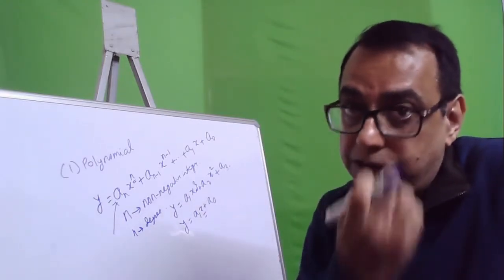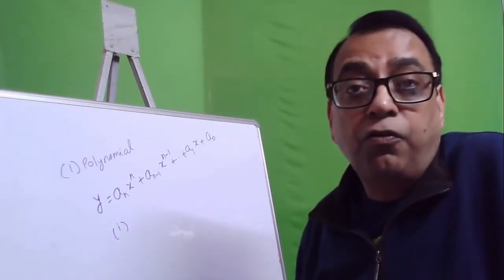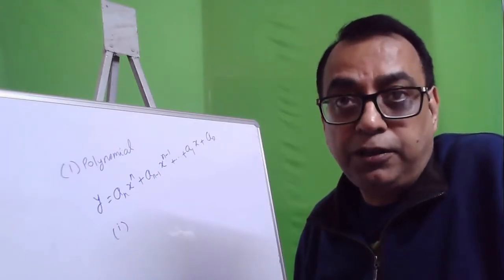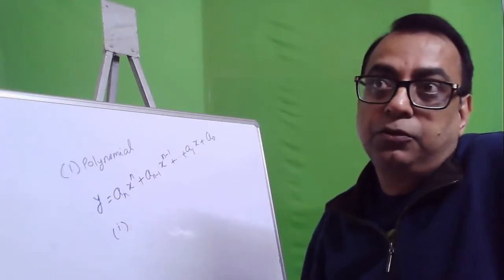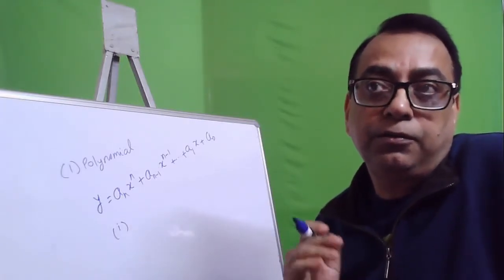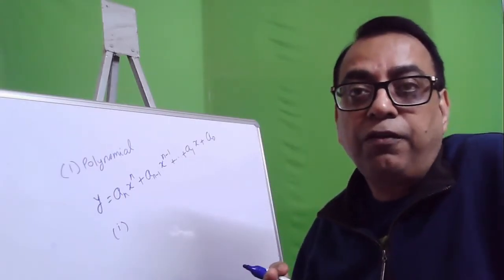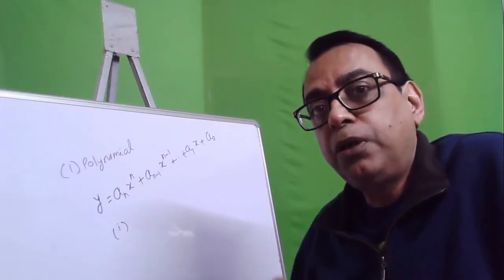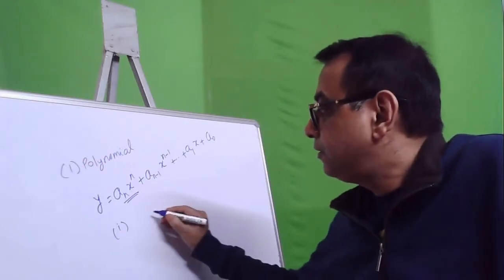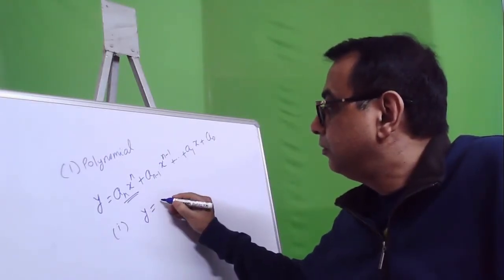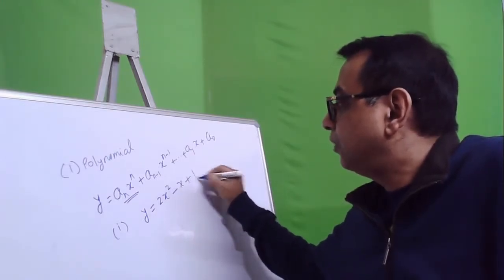There is something very interesting on this. Suppose the coefficients are positive for the dominant term. What is the dominant term? The dominant term is the highest power. So whatever be the coefficient, whether it is positive or negative, the value of the function will go towards the dominant term. For example, suppose y is equal to 2x square minus x plus 1.